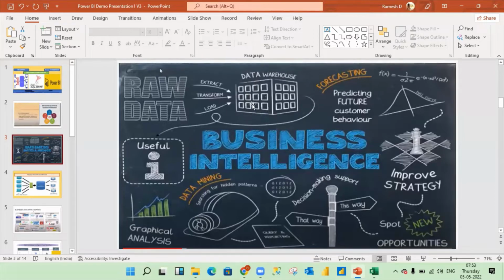For this, the best example: why we are storing this data. If you go to any medical shop, okay, if you ask for any medicine, they'll be giving it to you immediately. How are they giving it? They are storing all the medicines in the form of, I mean,